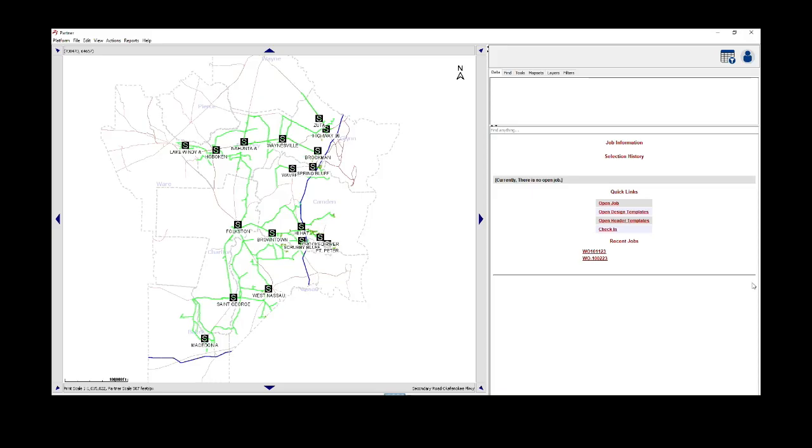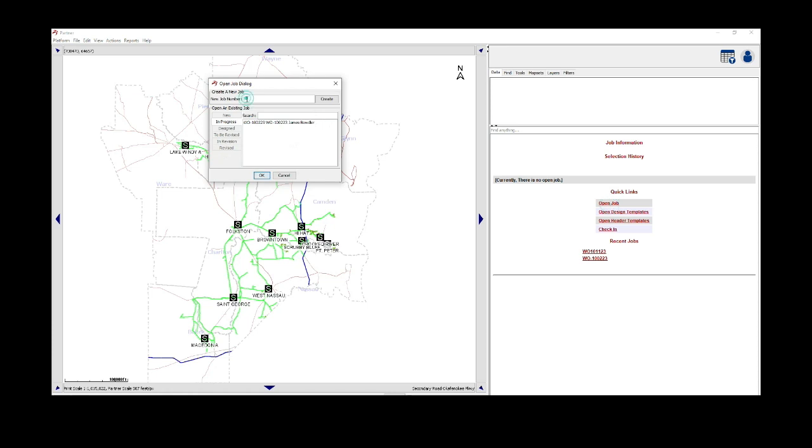A tutorial video of the new Partner version 1.1 Orbitas module. So to begin, just like with the beta version, we're going to begin by creating a job in Partner. So to do this, we're going to open a job. We're going to put our work order right here. Work order